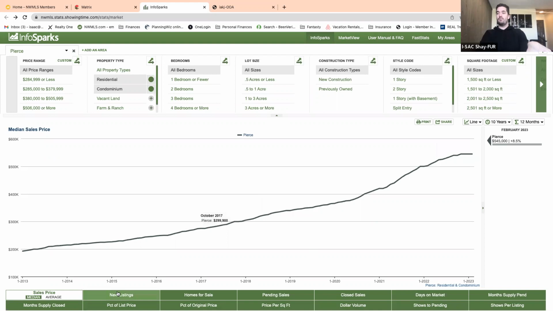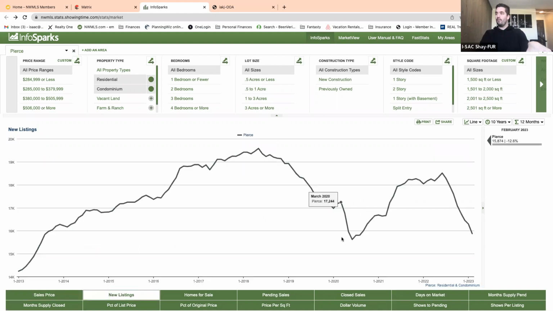And then going back to new listings, very low supply, 15,874 new listings in all of Pierce County in February. That's wild. And then I would talk also, you want to talk a little bit differently when you're talking to a seller. Show the seller the stats that help them, and then show the buyer this information and explain to them that